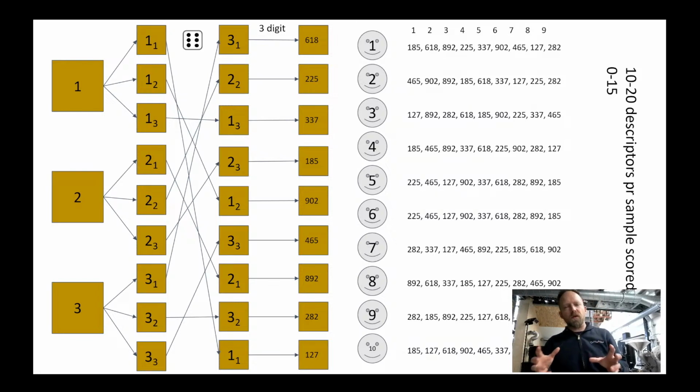Before doing a session like this, there's a small group session called a descriptor development session, where we are typically 4 people. Not scoring the samples, but deciding what attributes need to be included in the session. And it needs to be the attributes that we think are best at describing the differences between the samples at hand.